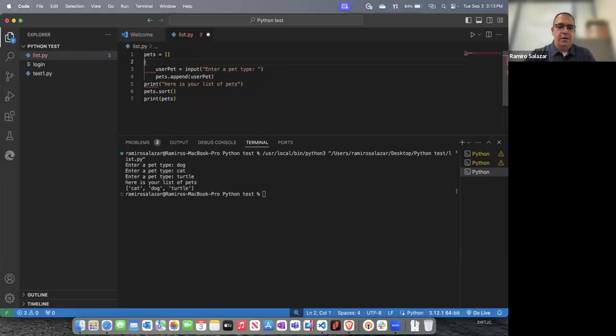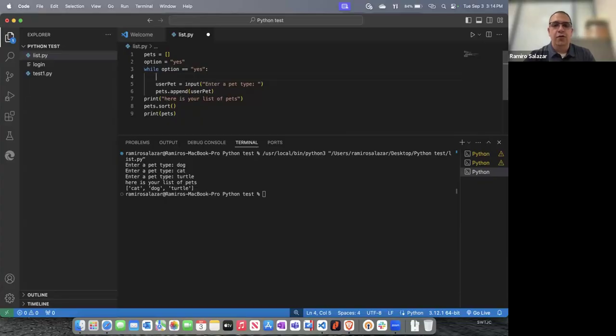So I can say, while something is true, then ask the user to enter a different pet. So I'm going to give the user an option. And I'm going to say option equals "yes", in double quotes, because this is a string. So while option is equal to yes,